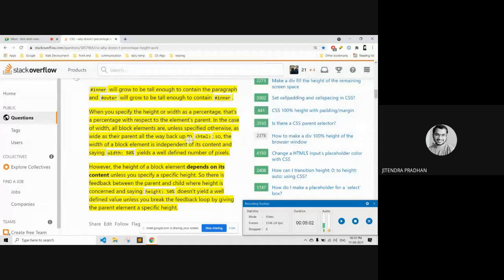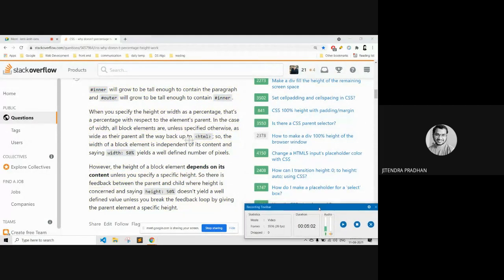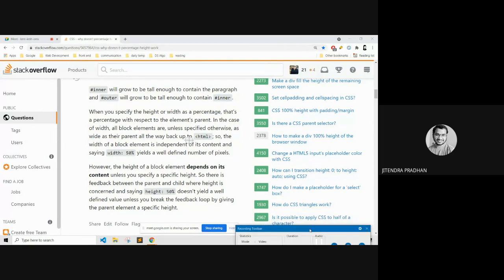When you specify the height and width as a percentage, that is the percentage with respect to the element's parent. In the case of width, all block elements are, unless specified otherwise, as wide as the parent, all the way back to the HTML. So the width of a block element is independent of its content.